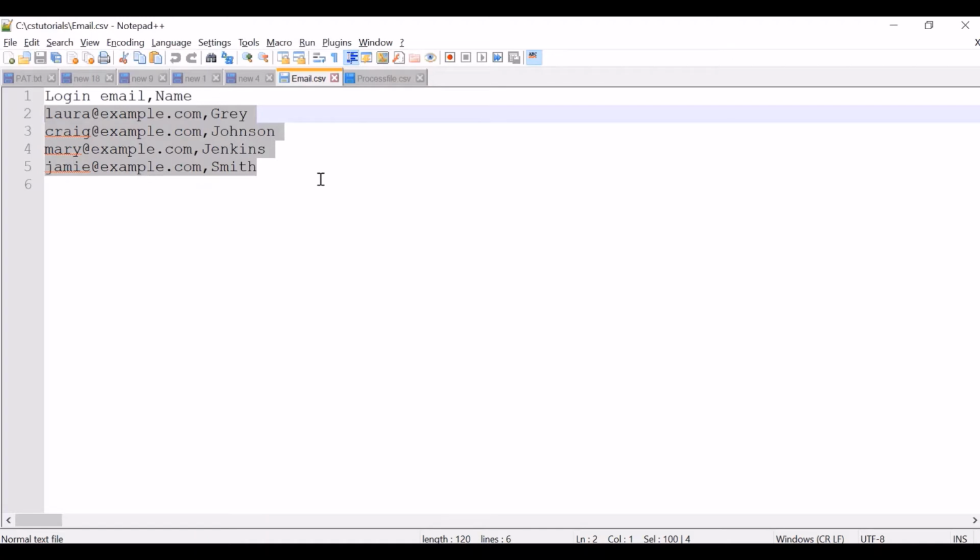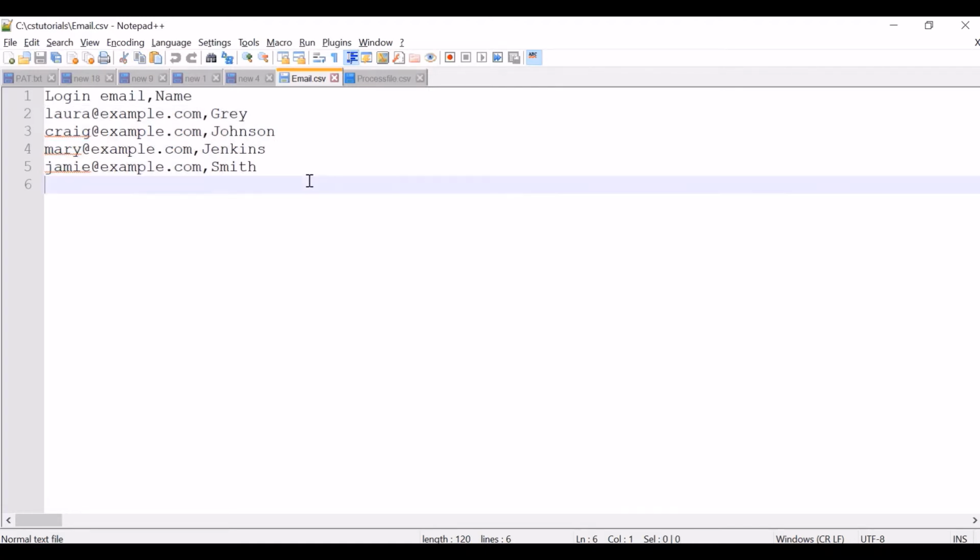These files are often used for exchanging data between different applications. For example, contact managers often support CSV files. You can use Notepad, Excel or Notepad++ just like me to open these kinds of files.